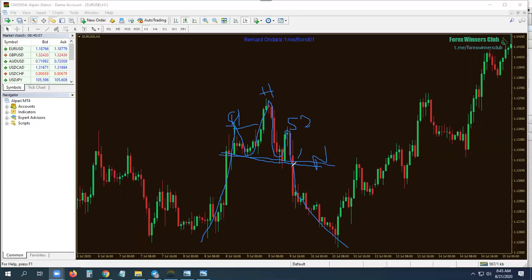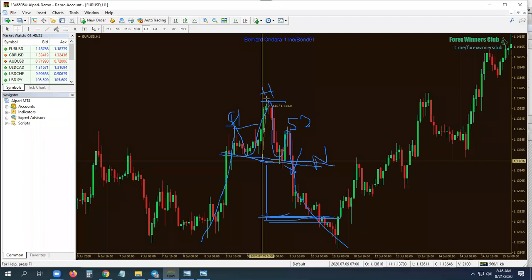Immediately the neckline is broken by this candle, you sell. Your distance from here to here, measure the same distance from your breakout, from this place, push it down somewhere there. This is where your trade should end. So for example, if from here to here was 48 pips, you also measure 48 pips downwards. So somewhere here. Your stop loss, somewhere here. If you go above the shoulder, you measure your stop loss, that should be 27 pips, which is fair enough. Your stop loss is almost half your take profit or thereabout.